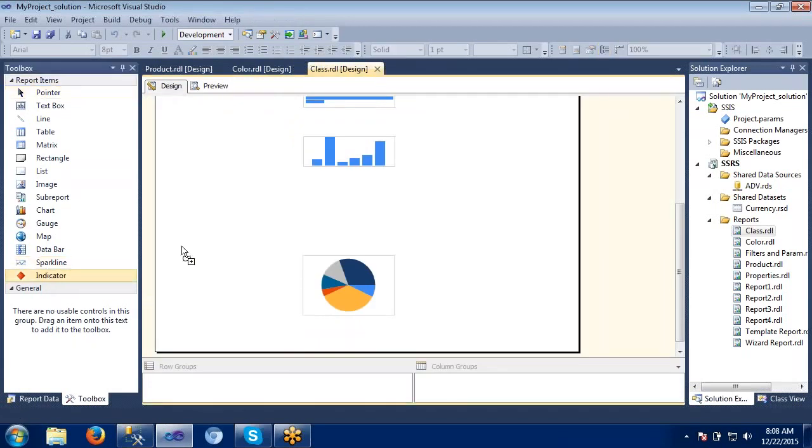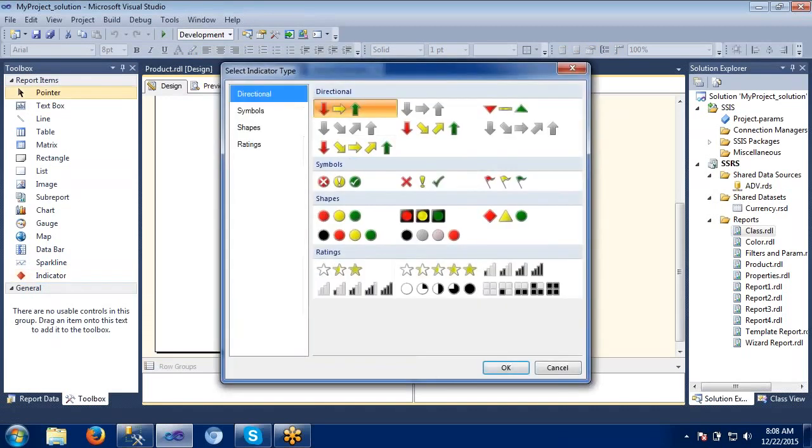Indicators. These are the indicators available, and these are the most frequently used nowadays actually. Gauge, map, data bar, spark line and indicators are newly introduced, but these indicators are highly recommended by the developers. Previously we didn't have this type of indicators, but as per the developers' request to Microsoft, they have given these indicators. These are very frequently used report items. These are somewhat interesting because everyone will be using this type of indicators in every report.